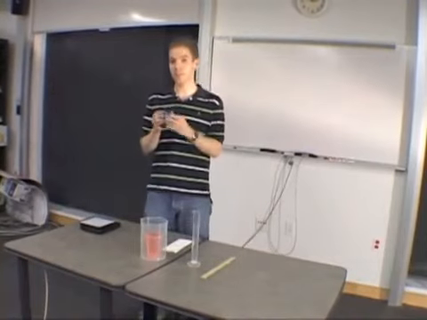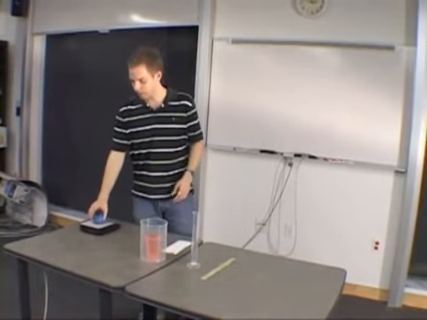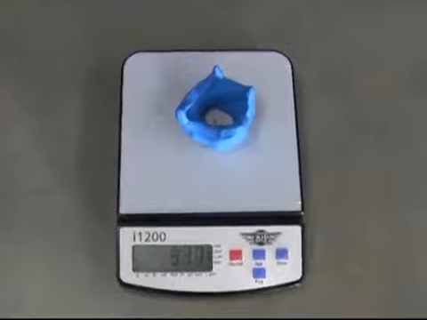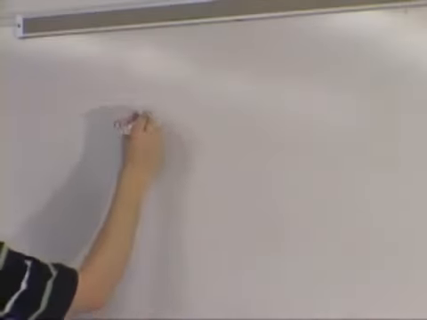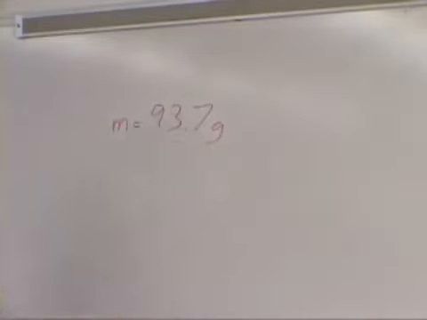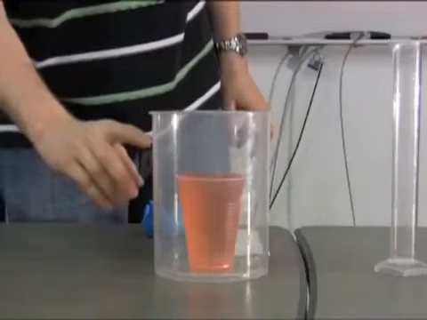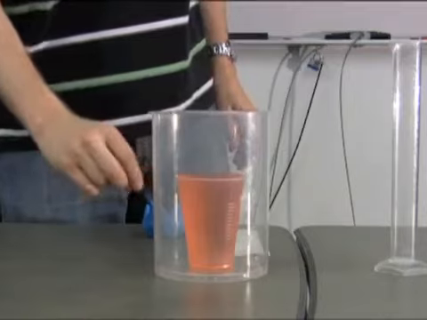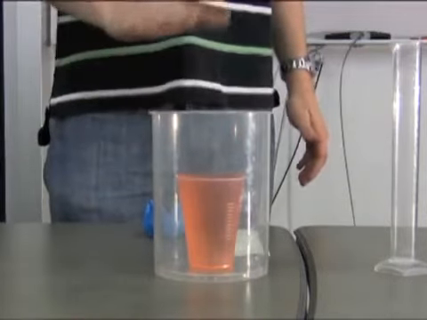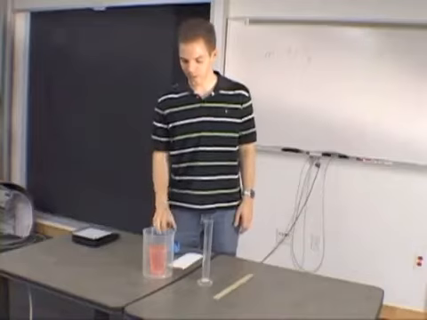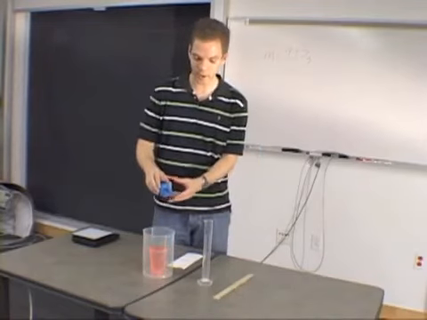First, we're going to determine the mass of this object by placing this on our scale. This miniature crown has a mass of 93.7 grams. Now, let's find the volume of this object. And so first, we filled up a glass full of an orange-colored water, and we filled it all the way to the brim. And now, when I place this crown into the water,